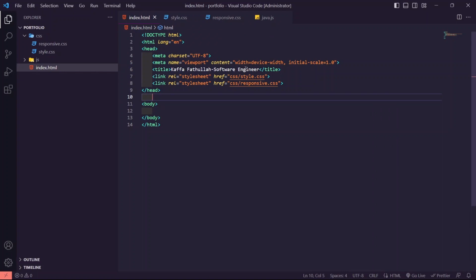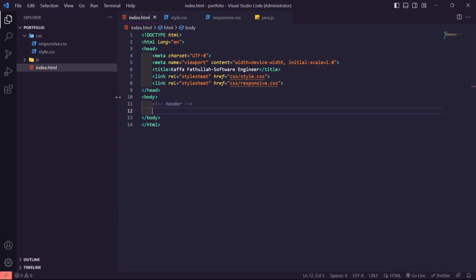So make a comment to mark it as your header, and then inside the body here, header,